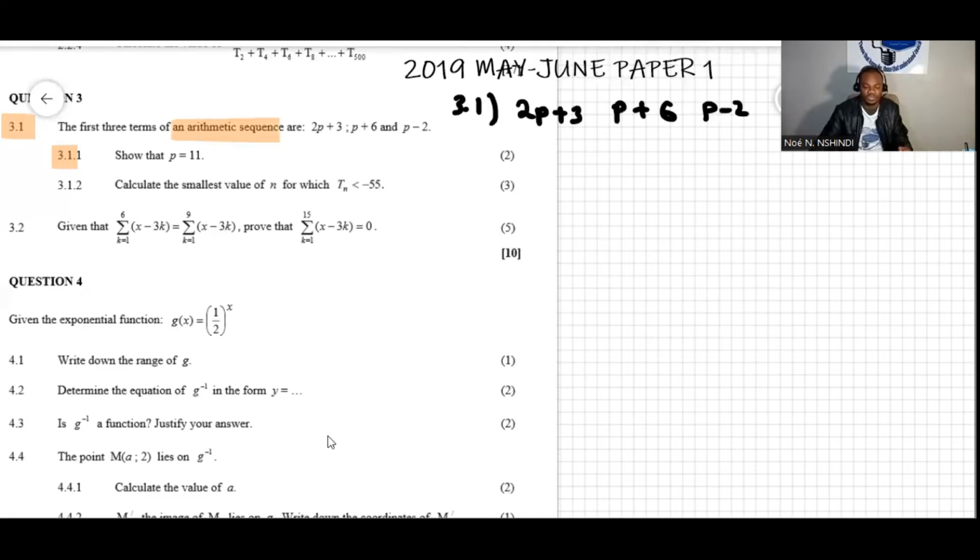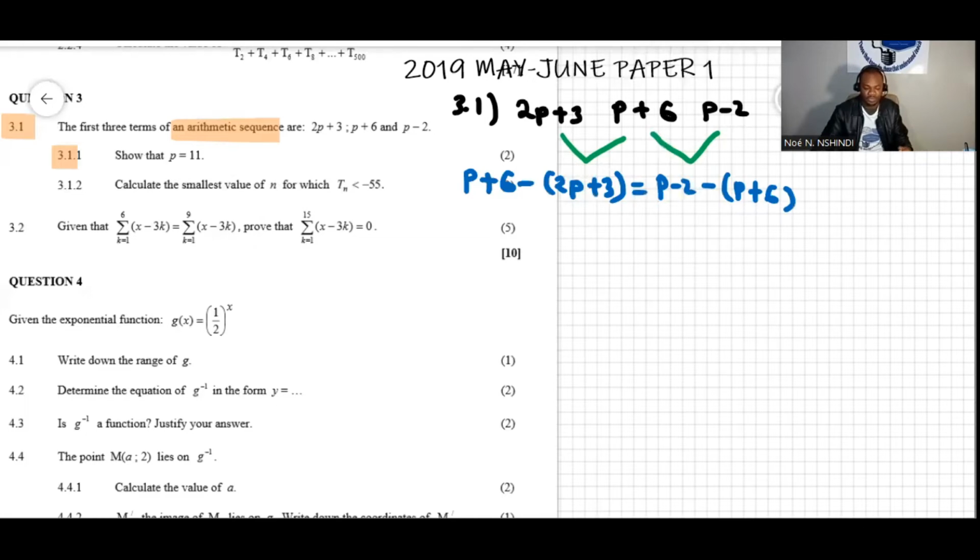So the difference between 2p plus 3 and p plus 6 is equal to the difference between p plus 6 and p minus 2. So we will do p plus 6 minus (2p plus 3). It is important to put the bracket as I did, and then (p minus 2) minus